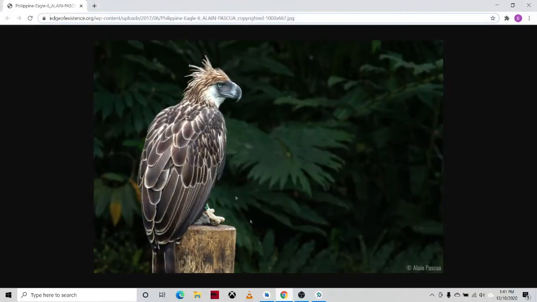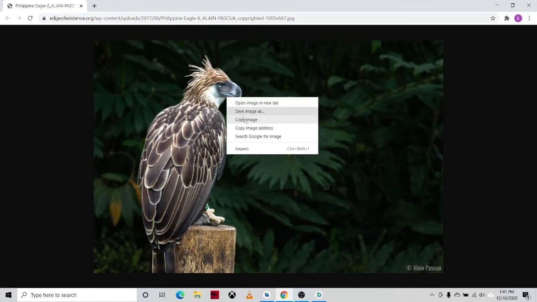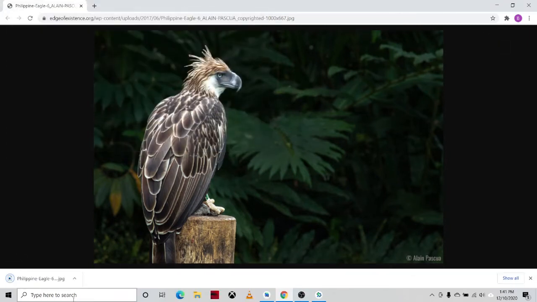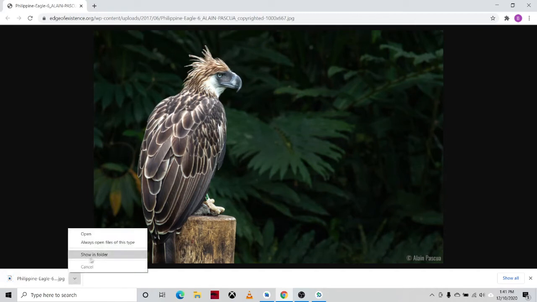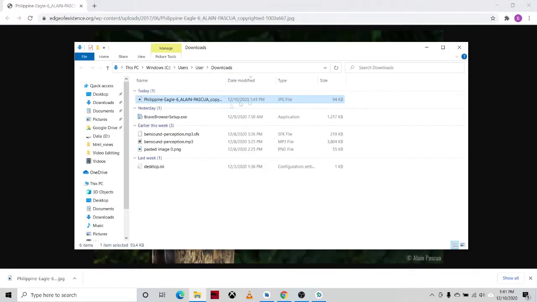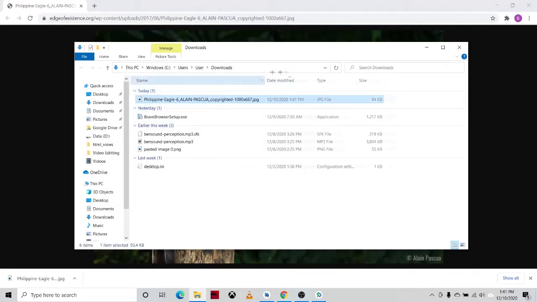So for example, we'll be downloading this image, the same image that we used in our Image.network. Okay, so we'll be saving this one, Save as, then Save. Okay, then Show in folder. Then we need to drag the image.